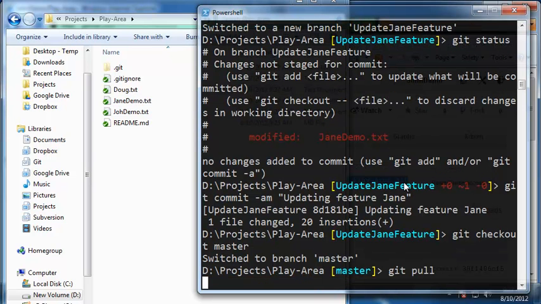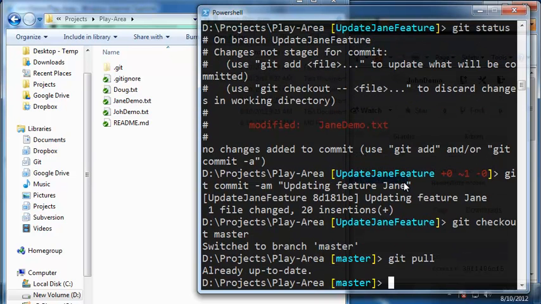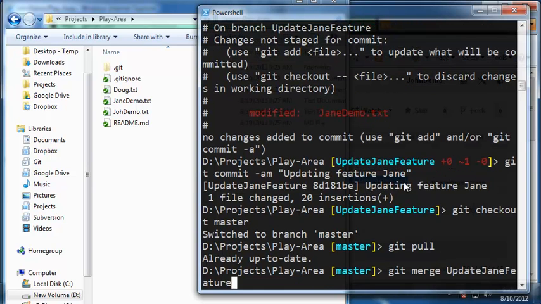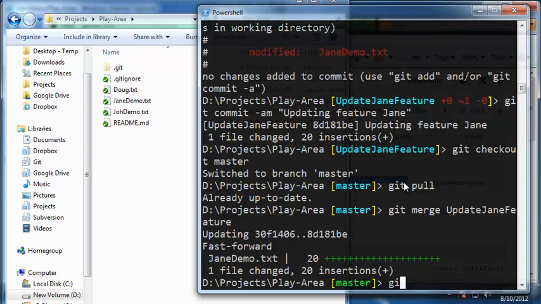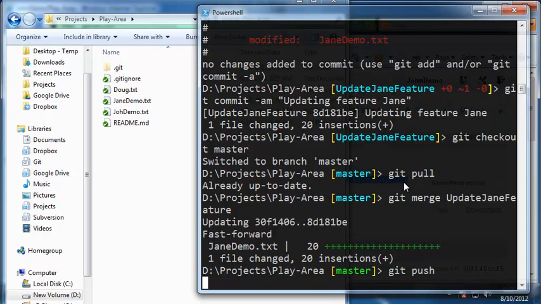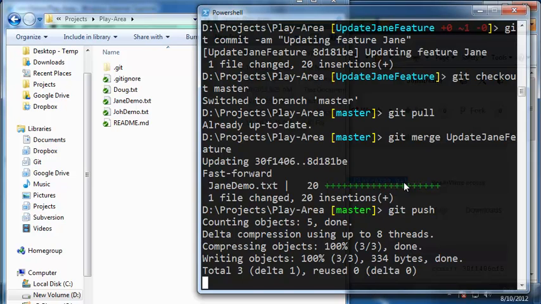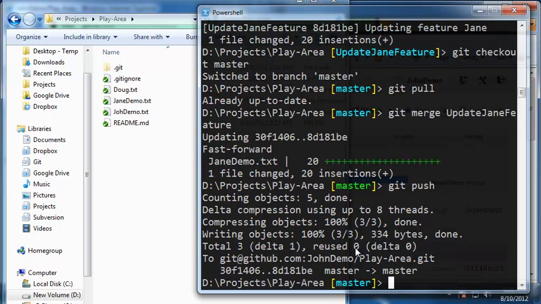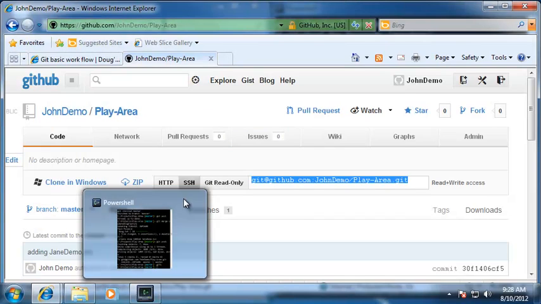I pull to see if there's anything that changed. We are good, we're up to date. Git merge our branch and push. There we are, up to date. Okay, now if I go back to my virtual machine over here,